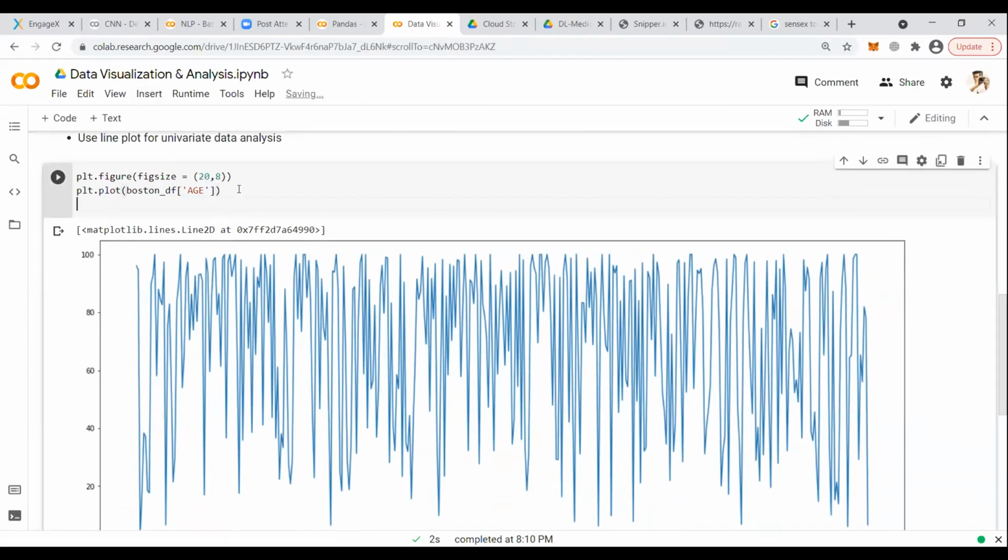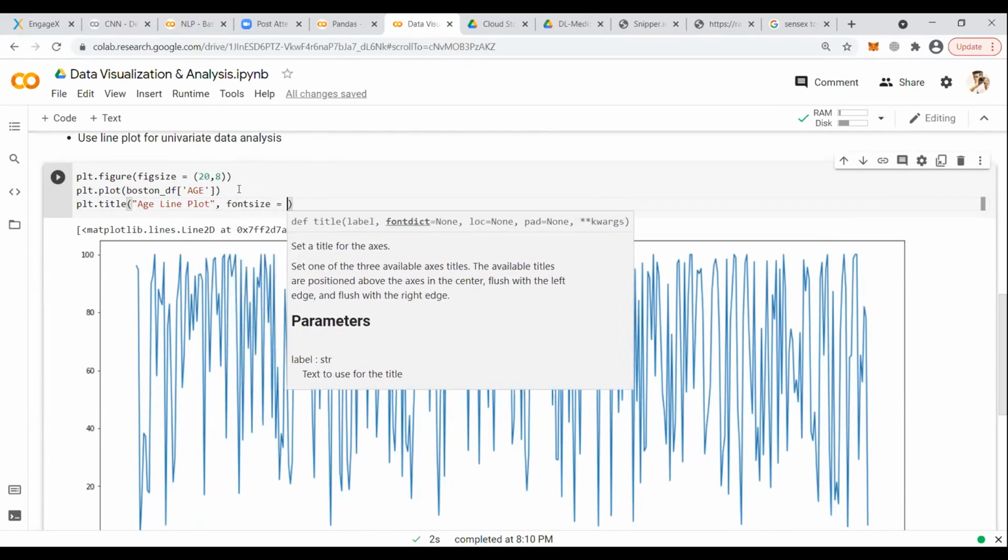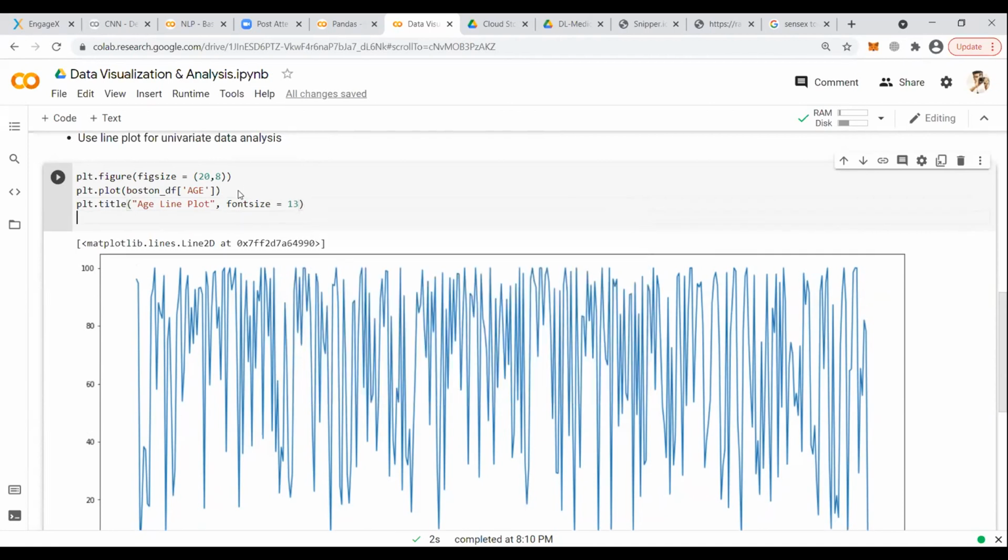So we have got this entire plot. plt.title, Age line plot, font size equals to, and row indexes.